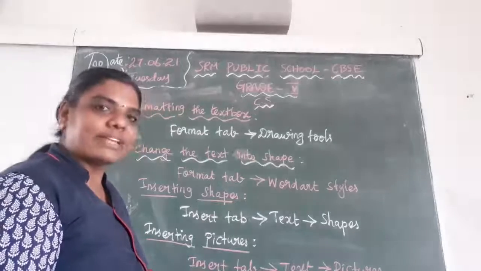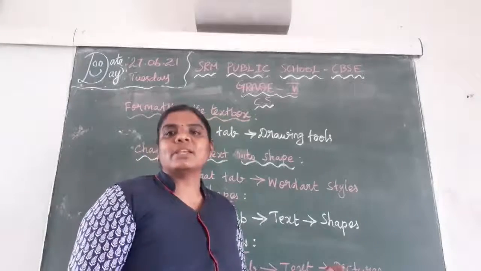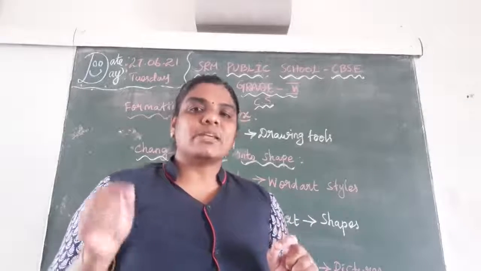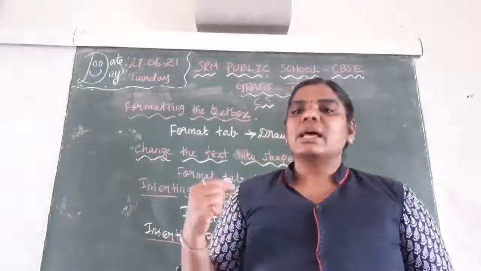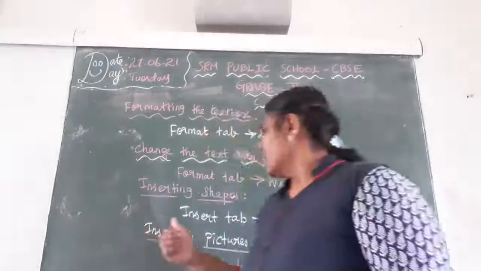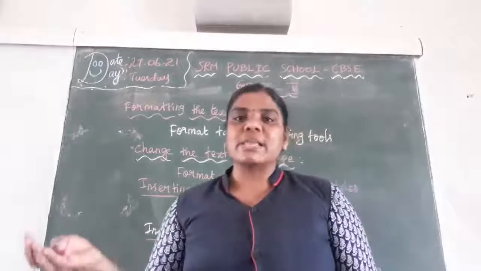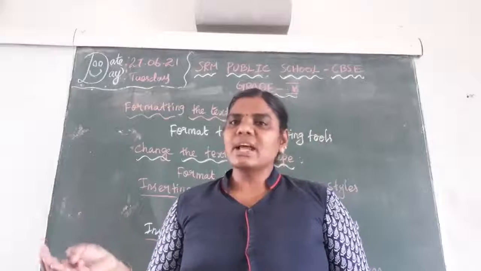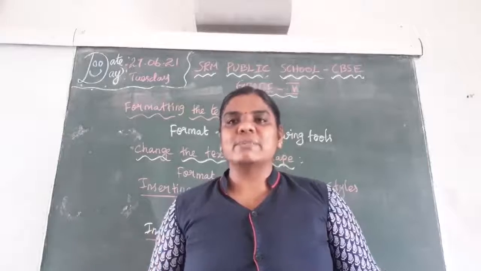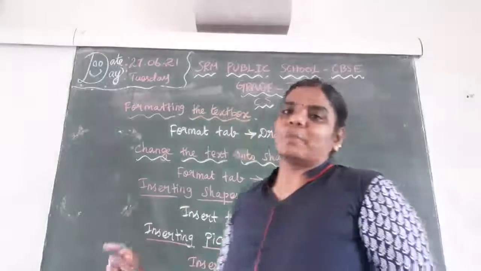So first we go to the Insert tab, then to the text group. In this group we click the option Pictures. Whatever picture we need to insert, we have to select it. After clicking Pictures, the picture will appear on the screen. For this topic, inserting pictures, we can also browse pictures from the net. Browse means search. Whatever pictures we need to search, we can also do it by using the inserting picture option.